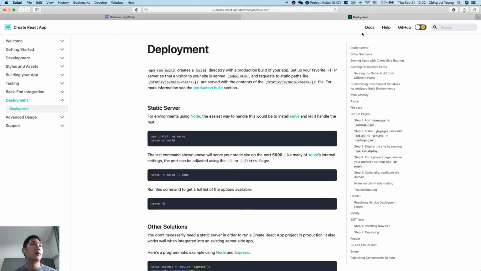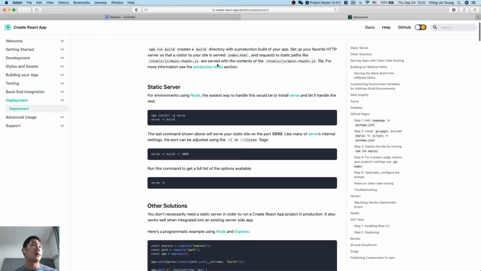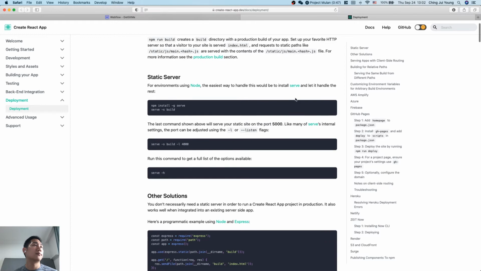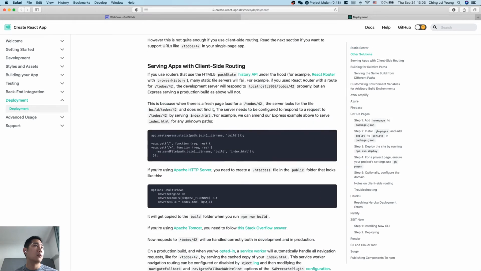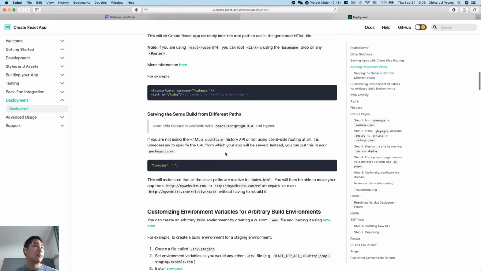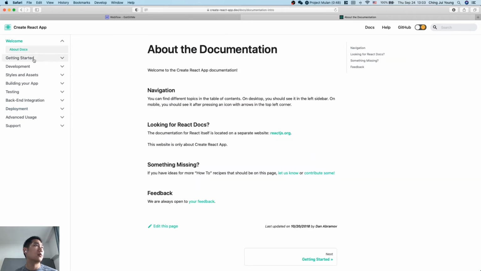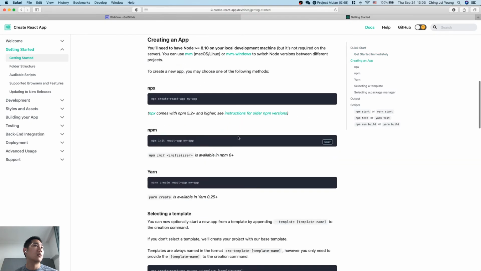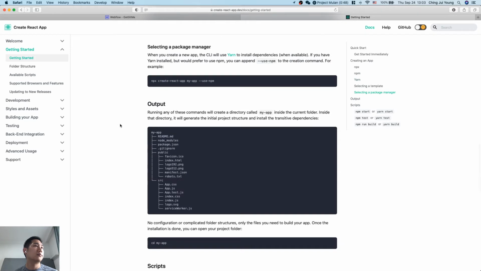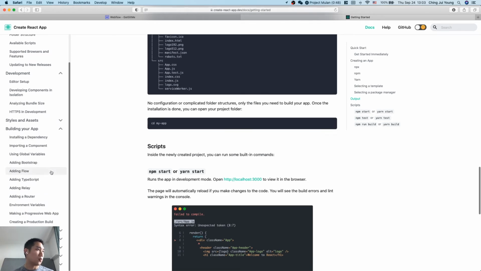Okay, download zip. Builds a directory with production build. Okay, it's a traced issue. Served HTML request static paths like static are served contents. Yes, correct. Install serve build. Oh, Create React App is a huge project. Welcome. Okay. Deployment, editor, development. So I'm going to have to spend some time figuring out how this works